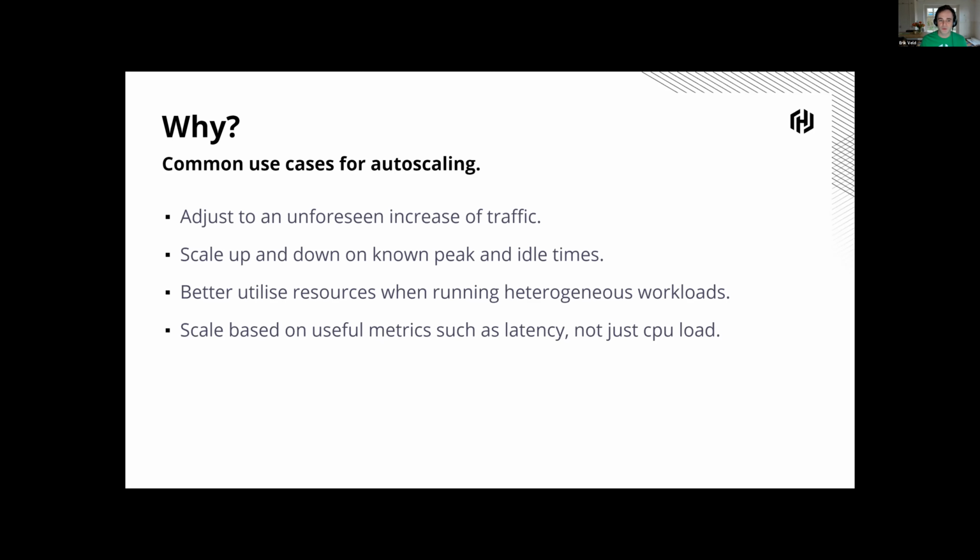And then finally, we might want to scale based on useful metrics, because in the end, what matters is the user experience that we deliver to our customers. And if we have a website and trying to buy an item is very, very slow and the website is not responsive, we might want to address that by scaling up, right? So this might not be just the load of an application, but the important metric that we want to scale on is actually latency, because that is the end result that the user actually notices.